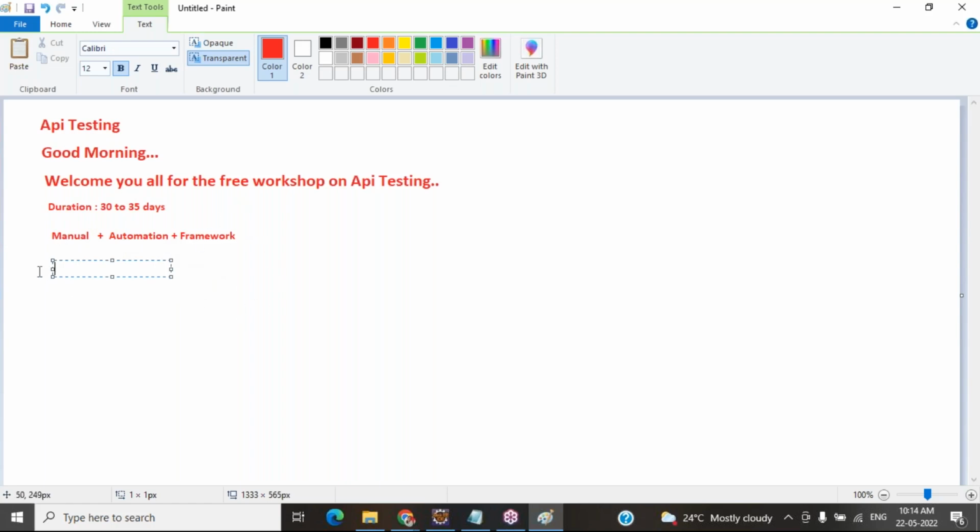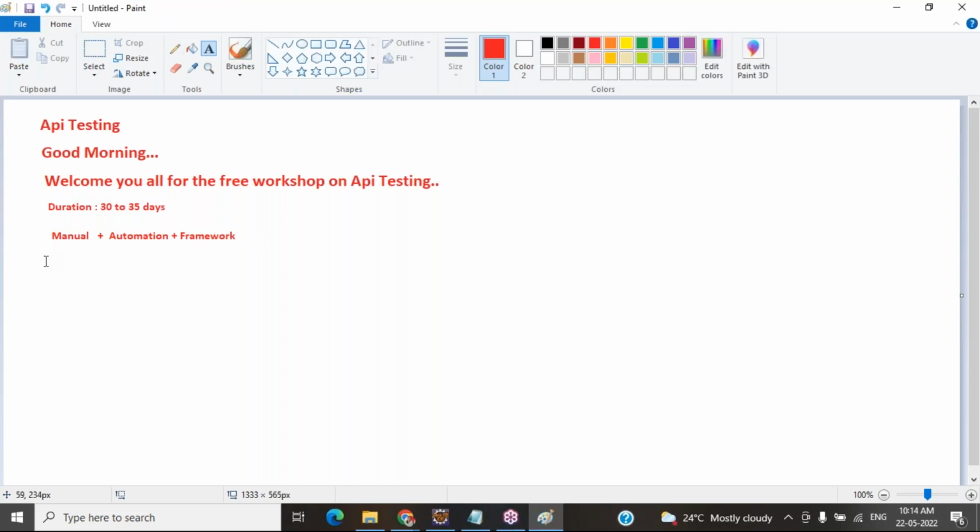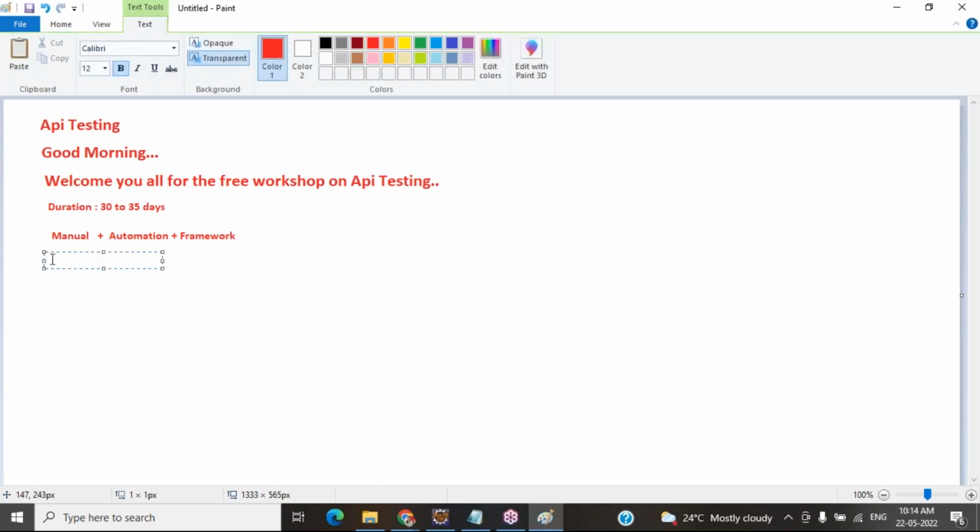Before going with the manual approach, we are learning completely about the web URL. Why are we learning the web URL here? Because you are working with the URL only. API is nothing but developers will develop the API and they will give you the URL. So whenever they are giving you the URL, you should be able to